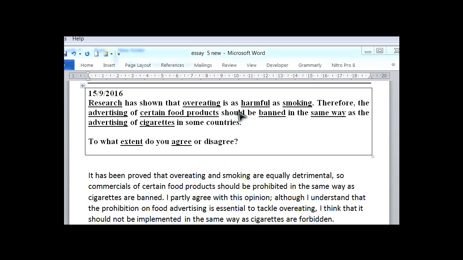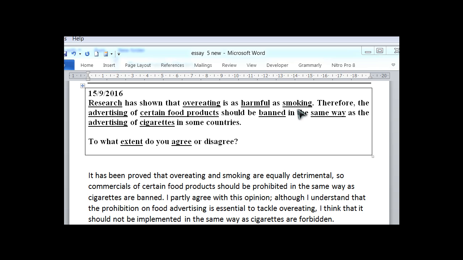And even though the healthy food could still be overeaten, a lot of vegetarians are overweight, despite eating vegetables, which we say are healthy. But the point is, if they're eating a well-balanced diet, a lot of vegetarians could well be healthier, even though they could be overweight. The key point that I want to make here is that if you're going to not totally agree, you might decide that some food products have positive benefits and therefore the advertising of them should be allowed.